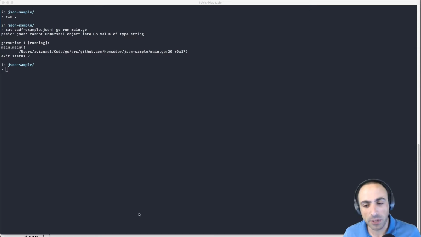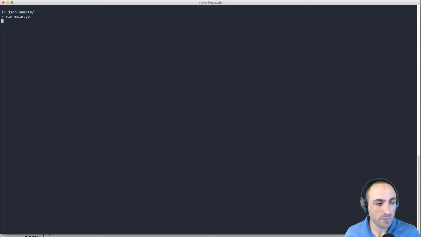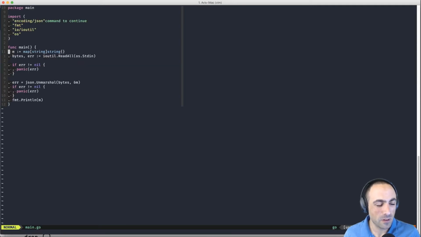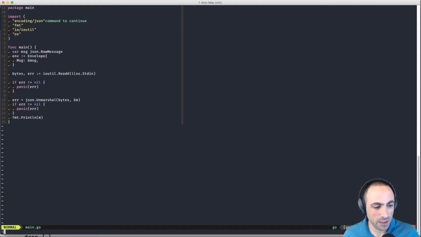Well, yeah, but then when you want to marshal it back, you're going to have a problem because it's only going to marshal what you have. Do you see what I'm saying? It's not going to marshal empty values. Yeah. That's a problem. One thing I want to do is look at RawMessage here